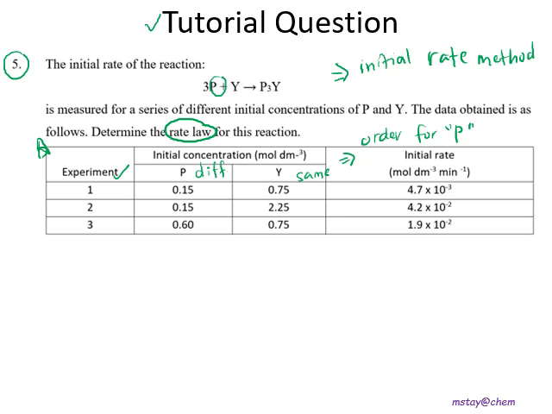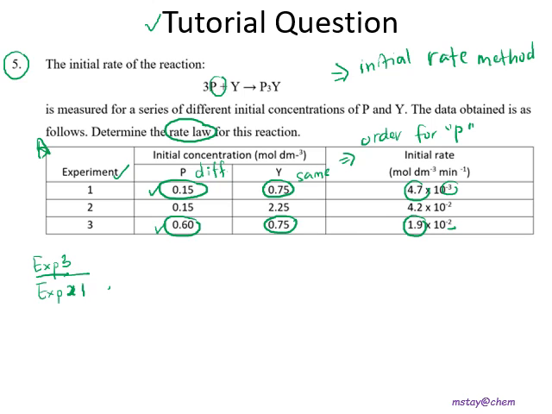Okay, so we can choose experiment 1 and 3 in this case, because the concentrations of P are different, and at the same time, the concentrations of Y are similar. So then we compare, like we just mentioned, 1.9 exponent negative 2 and 4.7 exponent negative 3. Exponent negative 2 is larger. So in this pair, we are going to use experiment 3 over experiment 1,